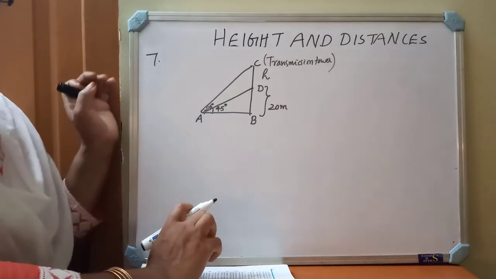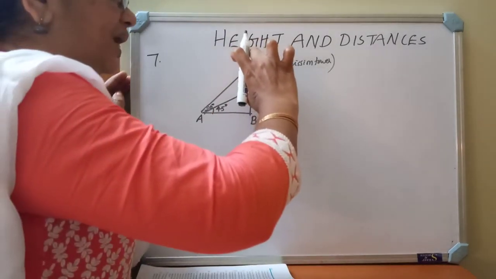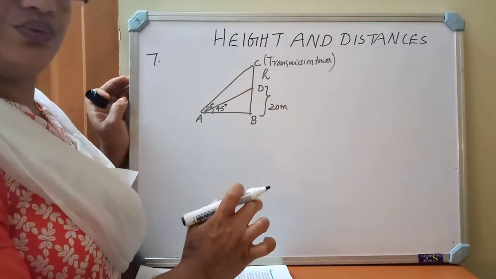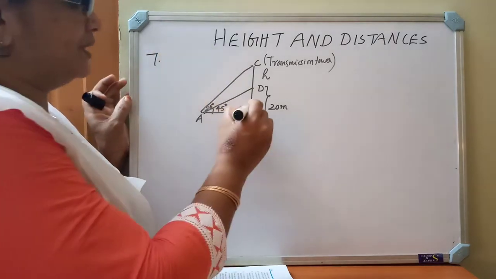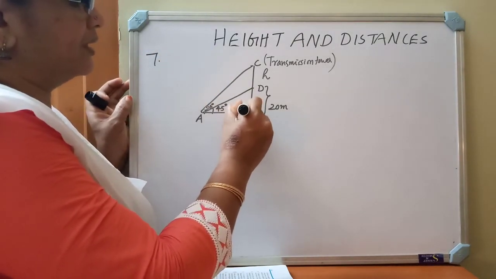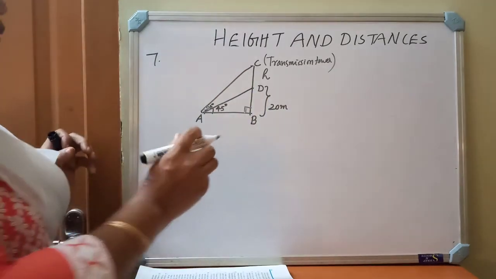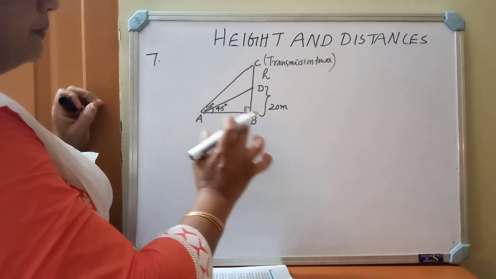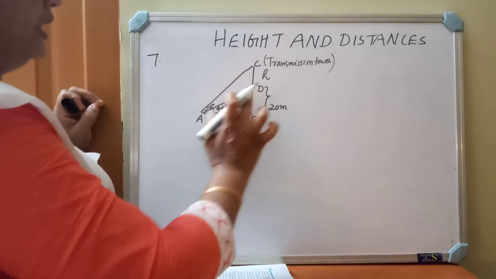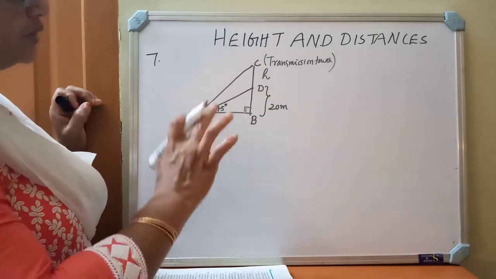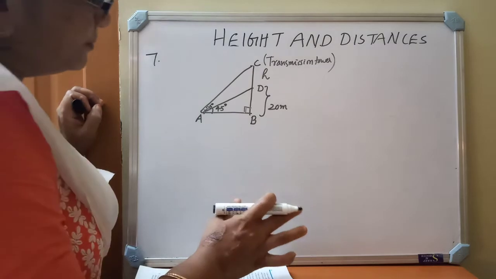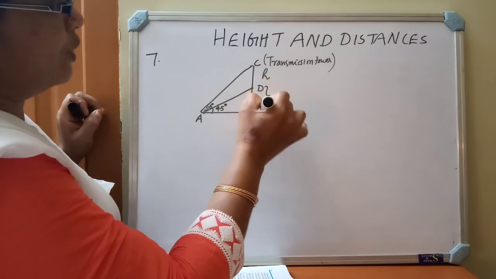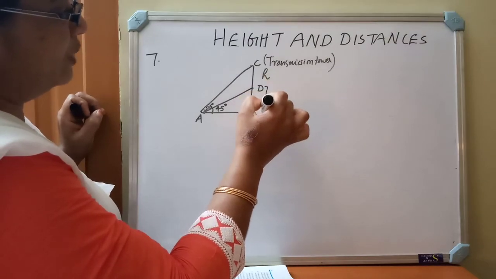What they ask you to find out? They ask you to find out what is the height of the transmission tower. That is the length CD they ask you to find. Okay, so we will have two triangles. This is a right angle triangle, that is the big triangle common. Then what are the two triangles we will have here? Triangle CAB and triangle DAB, isn't it? So for both the triangles you have to find out the value separately, and we need the opposite side. Opposite side value only we are going to find out.